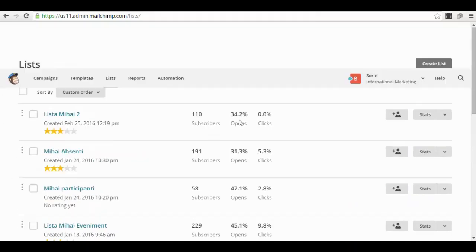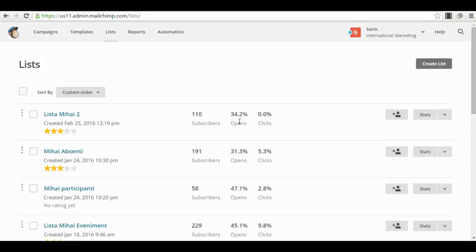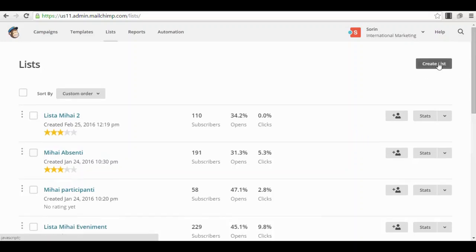As you can see, I have many lists here. Most of the time I use MailChimp to do testing, not for mass email marketing or something like that. I do all types of tests, smaller projects. As you can see, there are very few people in these lists here. There aren't thousands and hundreds of thousands and stuff like that. So you just press the button create a list. You go here,